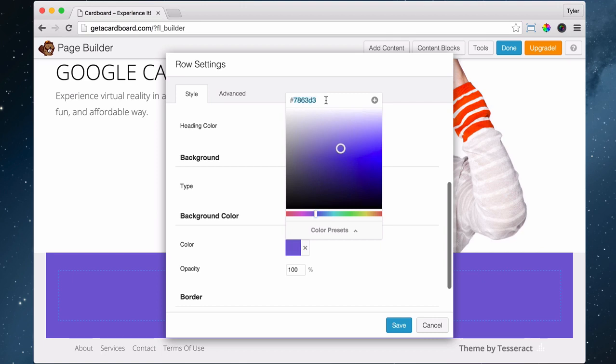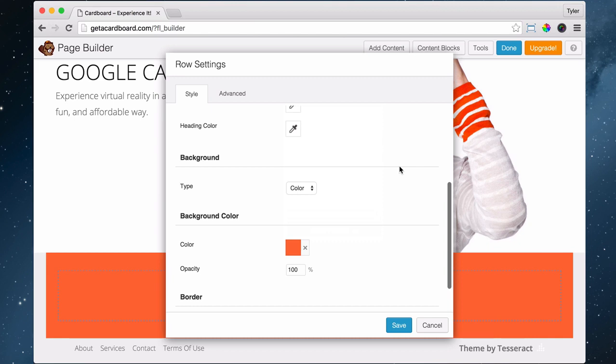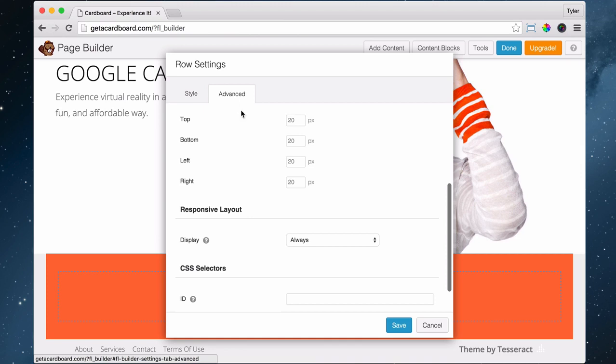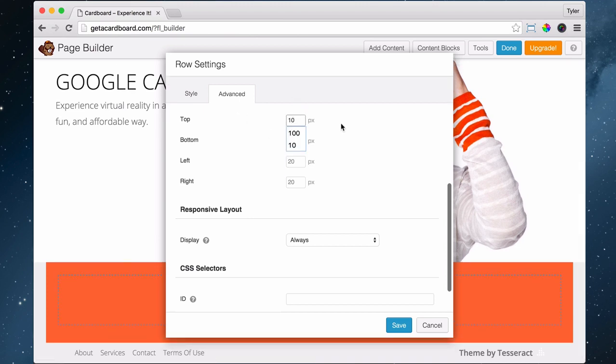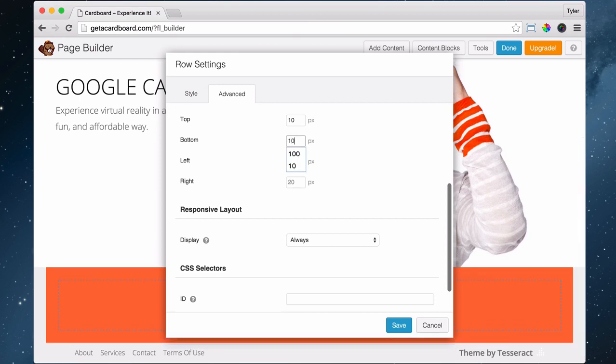And the color code for it is FF6E40. All right, so that makes that nice little orange. And we're going to go to advanced, and we're going to change the padding on the top and the bottom to 10. 10 and 10, and that's going to make it not as tall. All right, once we do that, we can also go to save,